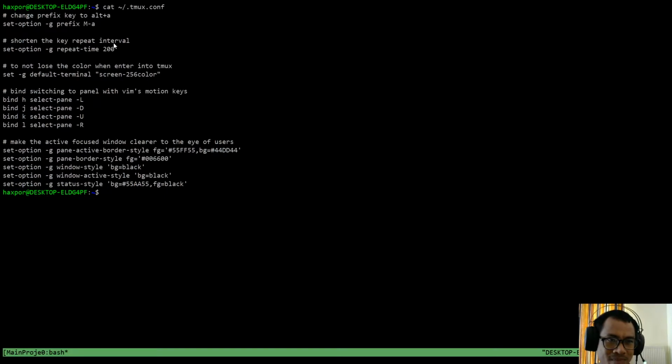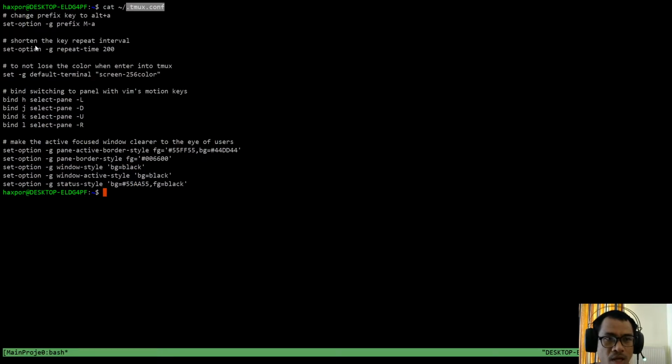The prefix key for tmux is Control B by default, and I changed it to Alt A, and it is much faster to do it that way with Vim. So the first one: change the prefix key to Alt A. I'm gonna put this configuration in the description of this video below, so you can copy it and